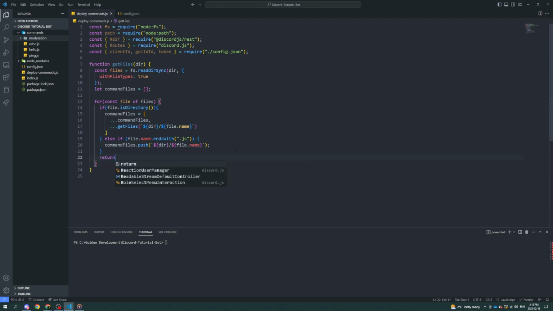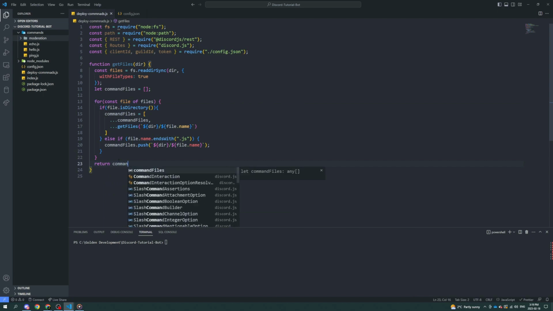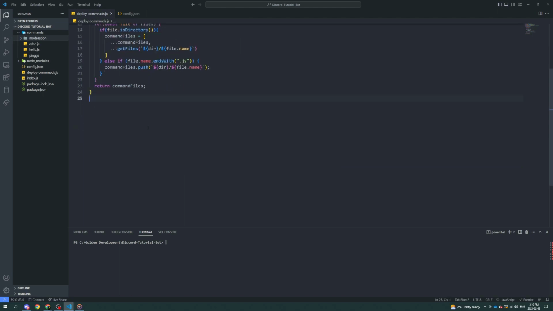Now we can return command files. So after the array, after the for loop is done, at the end of this function, we're going to return command files, which is going to return this array. That means whenever we say const commands equals get files,